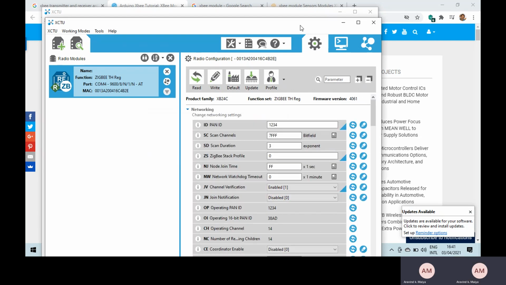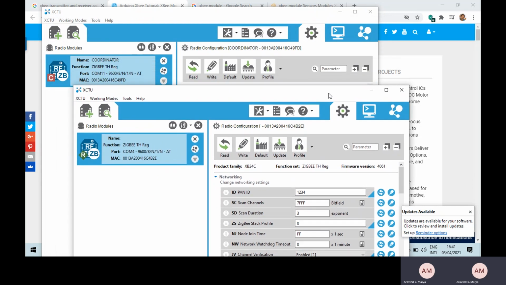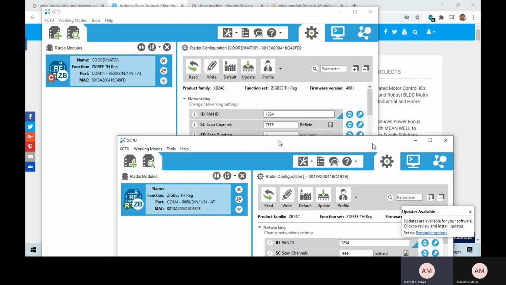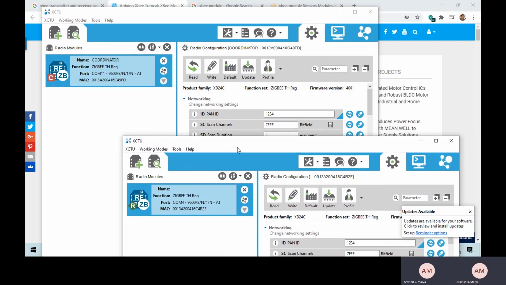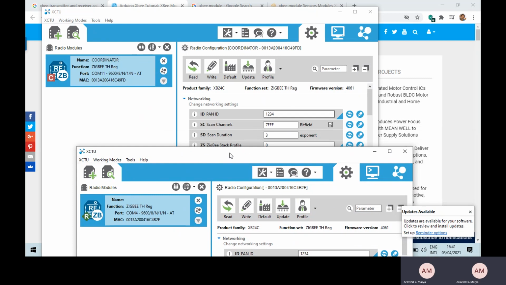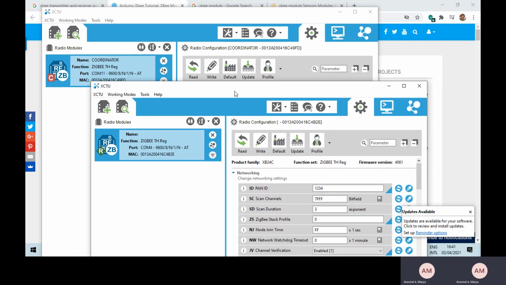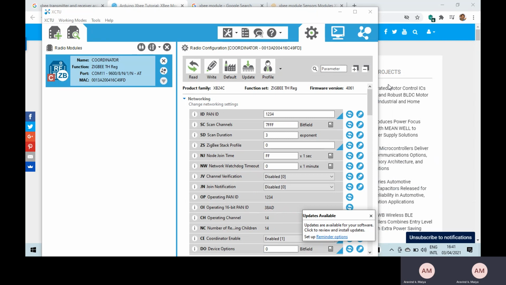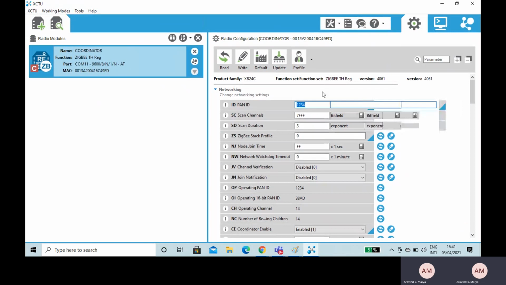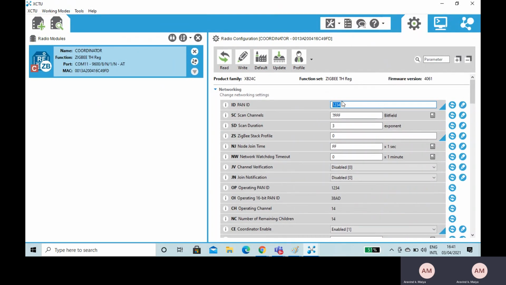Now if you observe very carefully, the most important thing here, let me start with the coordinator, is the PAN ID. The PAN ID of both the transmitter and the receiver should be the same. Otherwise, it will not work.